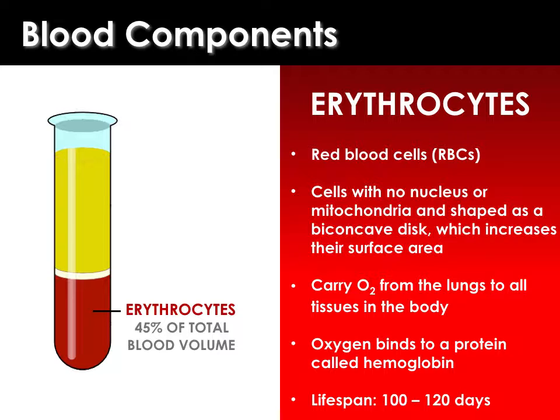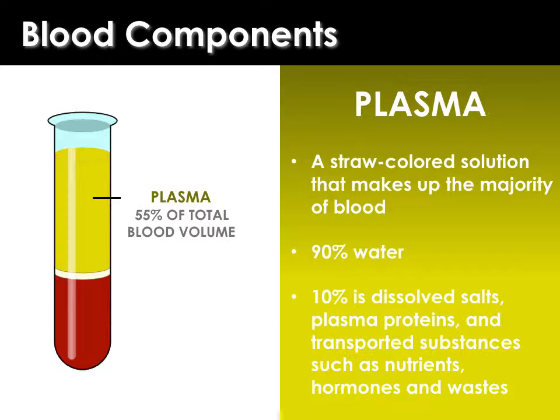Red blood cells carry oxygen from the lungs to all the tissues in the body. Oxygen binds to a protein called hemoglobin within the red blood cell. And a typical red blood cell will last around 100 to 120 days. Plasma is a straw-colored solution that makes up the majority of blood. 90% of plasma is actually water, and 10% is dissolved salts, plasma proteins, and other transported substances such as nutrients,